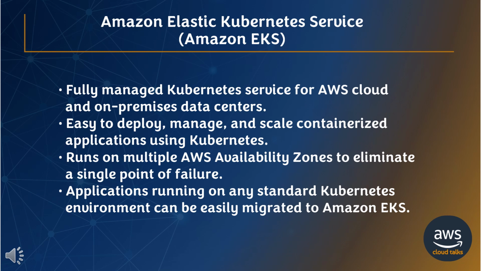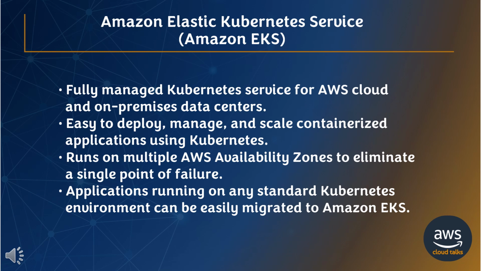It runs the Kubernetes management infrastructure on multiple AWS availability zones to eliminate a single point of failure. Applications running on any standard Kubernetes environment are fully compatible and can be easily migrated to Amazon EKS. In other words, if you are already running a containerized application using Kubernetes on premises, then this can be readily